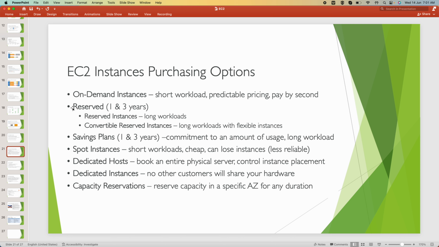Okay, and there is something called reserved instance, and that means you can reserve those instances either for 1 year or for 3 years. These reserved instances are mostly used for long workloads. If you got a project and you have a contract for the project for like 1 year or 3 years, you need to run that application for 3 years, then we will go for the reserved instances. These reserved instances are a little bit cheaper when compared to on-demand instances,